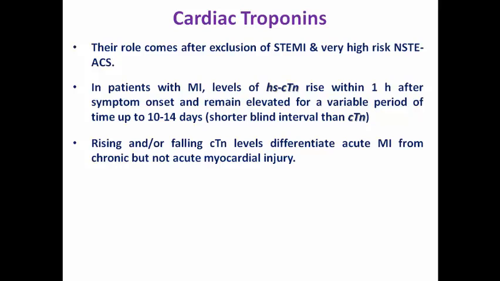The detection of rise and or fall in the cardiac troponin differentiates acute MI from chronic myocardial injury, but not from acute myocardial injury, because also in acute myocardial injury caused by non-MI causes, there is detection of rise and or fall, but in absence of the other factors that we mentioned in the fourth universal definition. Presence of one of them with the detection of rise or fall diagnoses acute MI and differentiates it from acute